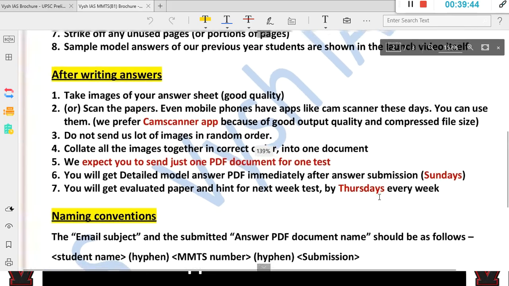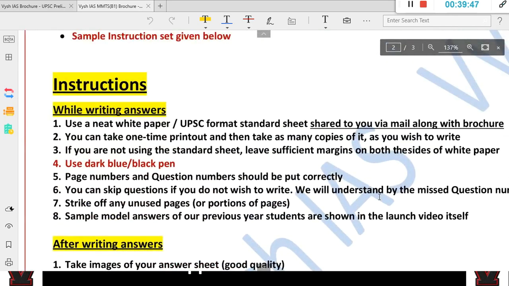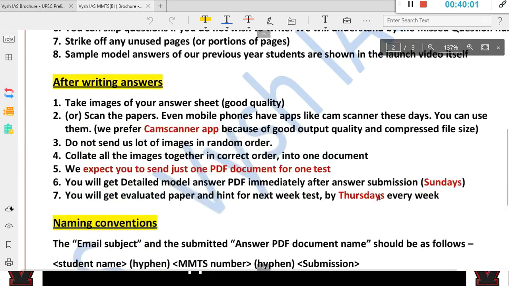As I told, this 2 months course is not where you can study the entire syllabus. This is for 2020 students who have done 1 year of preparation, or maybe it's okay if you did not do mains preparation, at least 1 year of prelims preparation if you did. With that knowledge, we are giving you an opportunity to write brilliant answers. When you write this, I will be correcting it, and in the first test I'll tell you all the feedback. So in the second test onwards, you will do it better, then third week again better, fourth, fifth, like that. When you do 9 weeks of back-to-back writing, your hand also will be used to this writing skill, and you will know what mistakes you are doing.